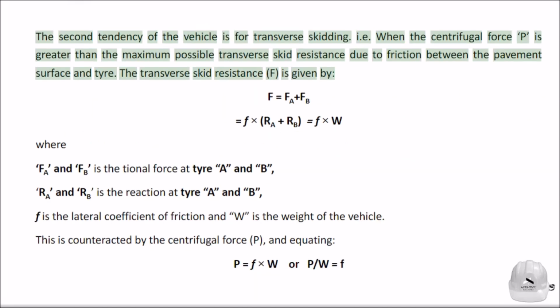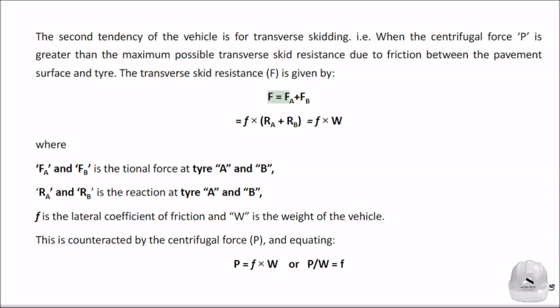The second tendency of the vehicle is for transverse skidding, i.e., when the centrifugal force P is greater than the maximum possible transverse skid resistance due to friction between the pavement surface and tire. The transverse skid resistance, F, is given by